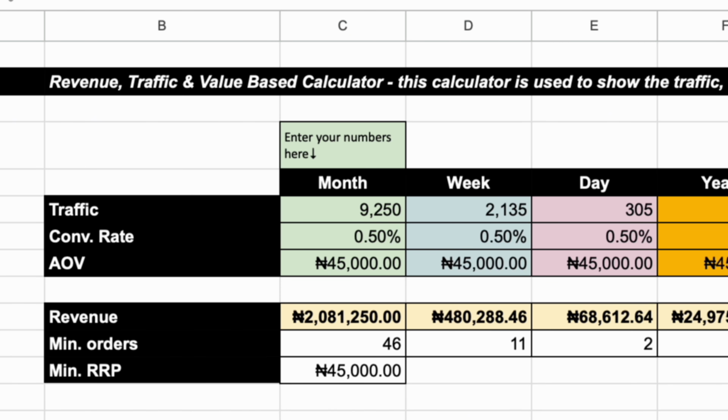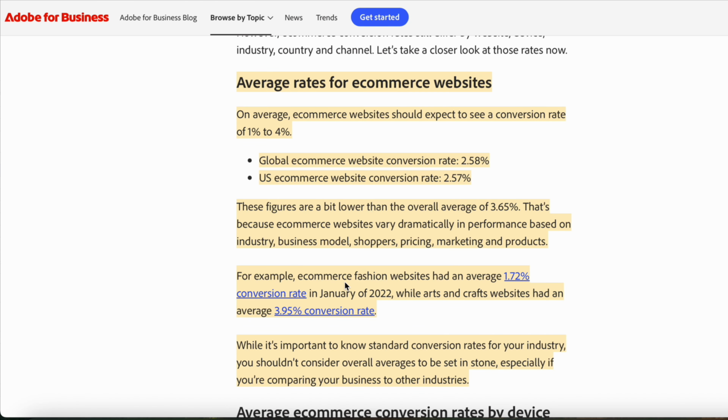So with traffic, that is how many people come to visit your site, whether they came from social media, email marketing, organic, referrals, direct traffic, whatever it might be, right? That's your traffic. Your conversion rate out of the number of people, right? Out of this number, 9,250 people, only 0.5%, right? That's less than 1%, by the way, converted to an actual sale,